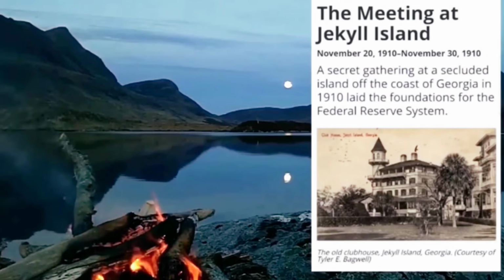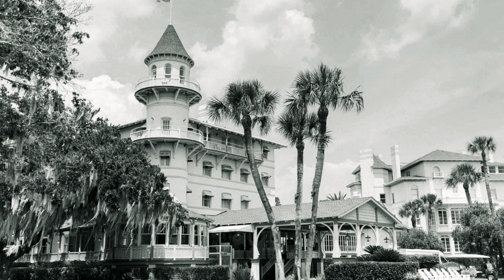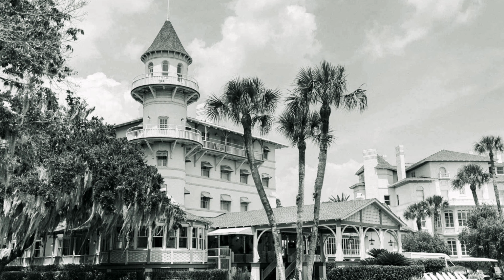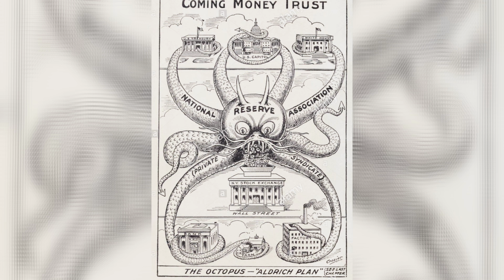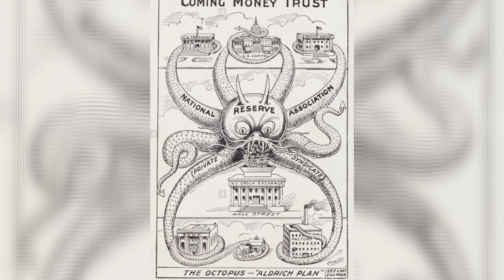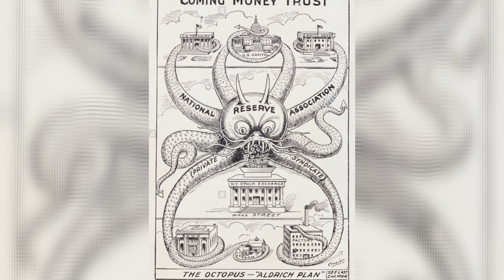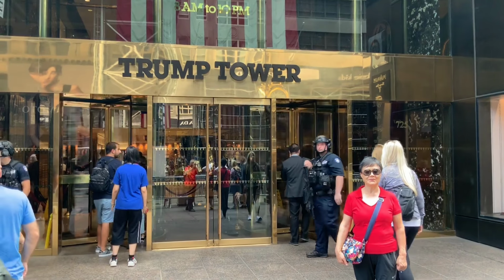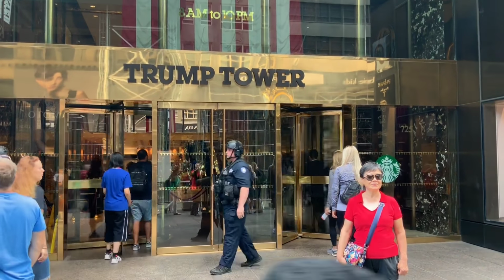The Jekyll Club building was where the 6 elite men had their secret meeting that led to the creation of the Eldridge Plan, and though it was publicly rejected at first, it quietly morphed into what we know today as the Federal Reserve. The public had no idea this meeting ever happened until years later.